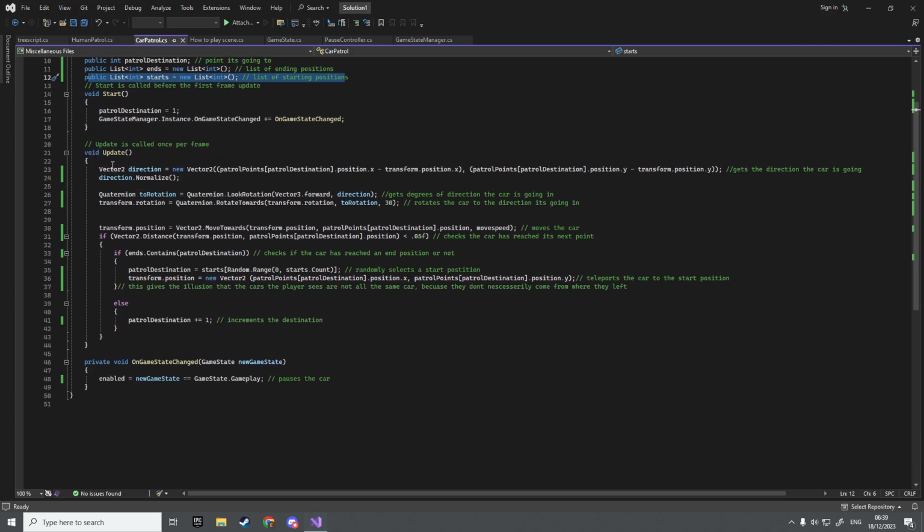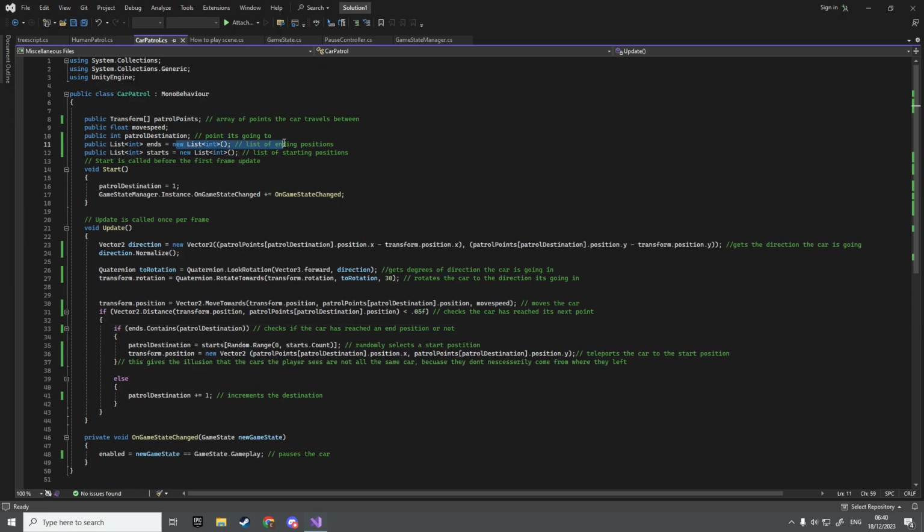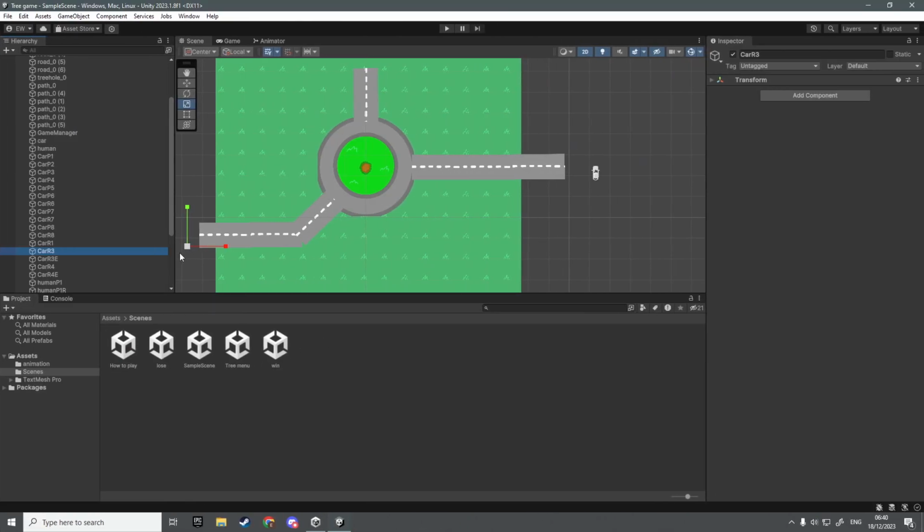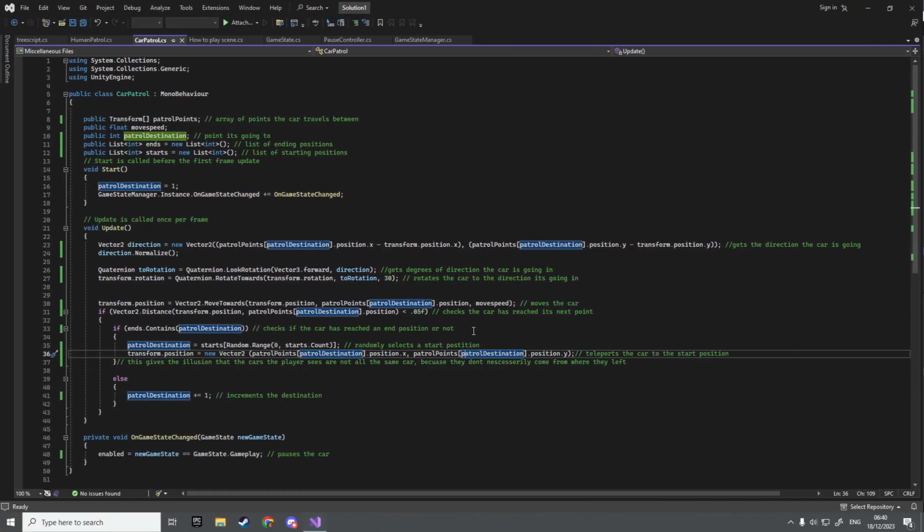So this gets the direction the car's going, normalizes it, gets the degree of the direction, and then rotates the car to the correct degrees to make sure the car's going in the right way. This moves the car. This checks the car has reached the next patrol point. If it's reached an end position, so if it's in the list of end positions, the points outside the roundabout, it will